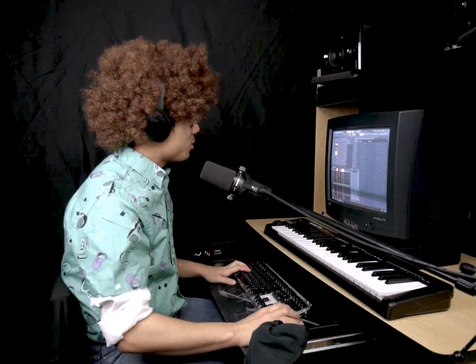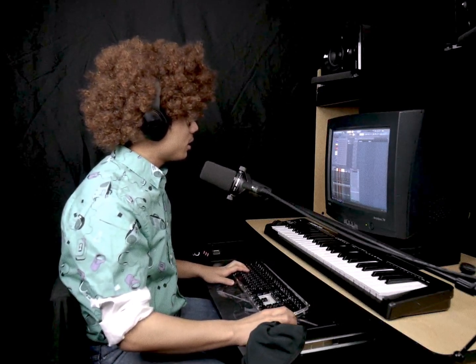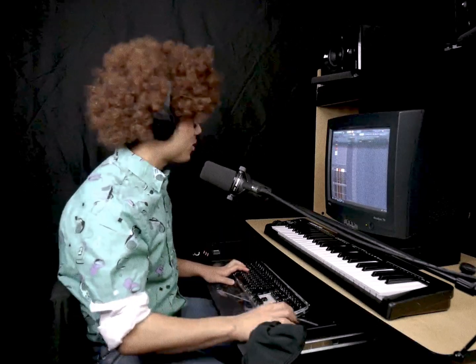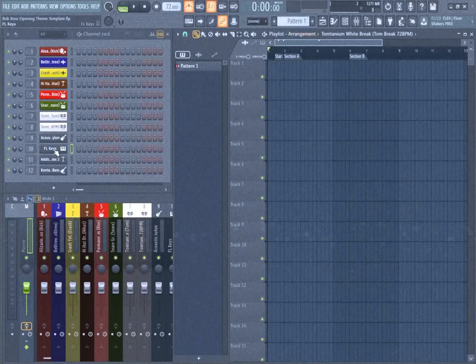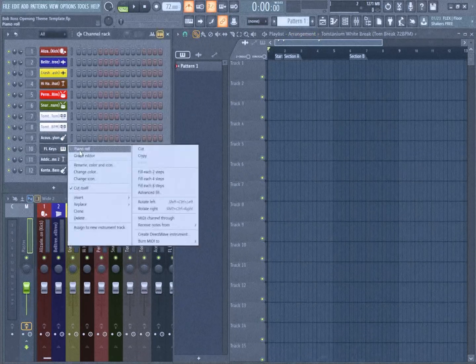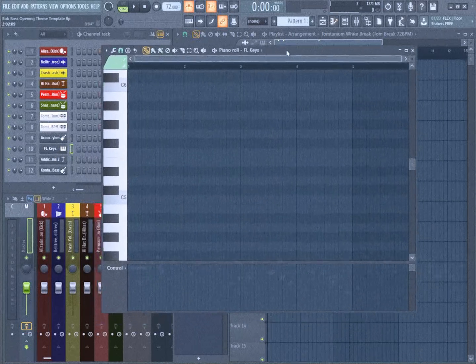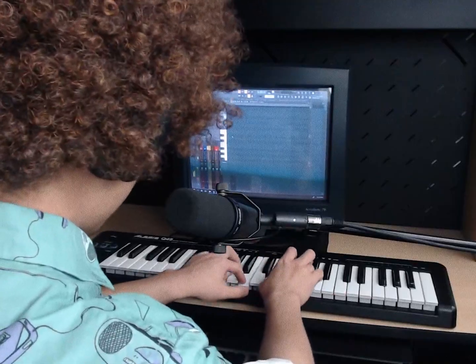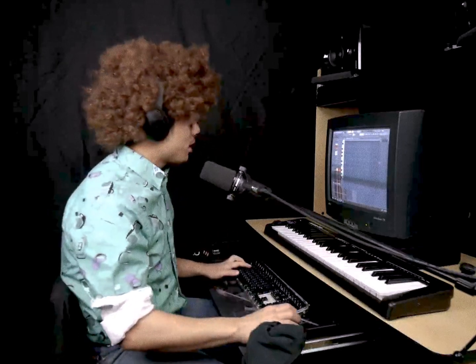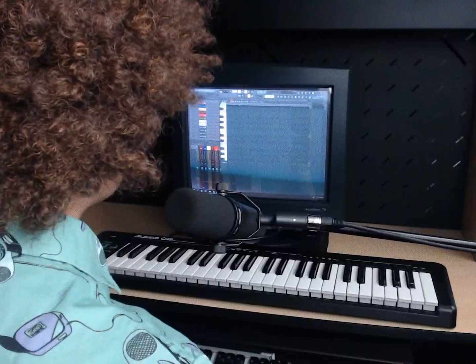Now that we have all of our tools set in stone, let's go ahead. At the very beginning of this track, what do we want? There's a solid piano at the very beginning. Let's go ahead and add that, shall we? I already have FL Keys over here. Let's right click on this. FL Keys is a piano plugin that we can use, so let's use that. And now at the very beginning of the song, there was a very solid piano chord. Probably not the exact chord, but you get the idea. We can always put in the notes individually by hand